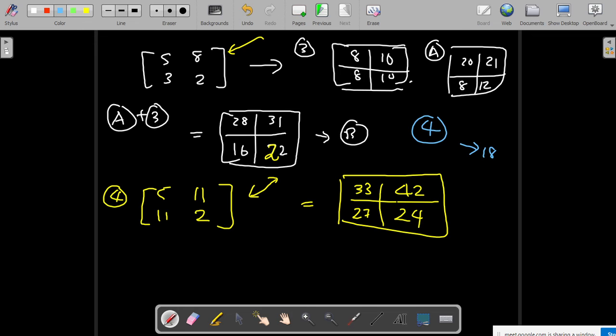So 33 minus 18, it is 15. 42 minus 18, it is 24. 27 minus 18, it's 9. And 24 minus 18, it is 6.